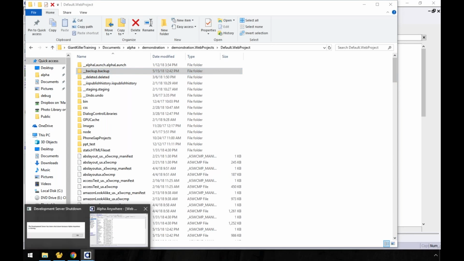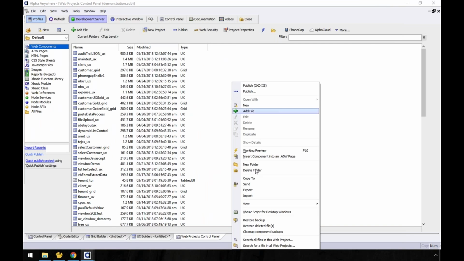Or within the tool, you can go here to clean up component backups, and that will delete your component backups. That folder gets really big over time, because every time you save a component or grid, it saves a copy of it in there. So you want to clean that up, for example after you've cloned the project. I would delete those backups if you don't need them, because you're starting with a fresh starting point. And by the way, your previous project will still have those backups available. So I hope that answered the question.